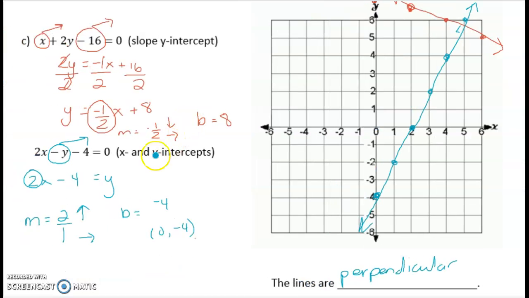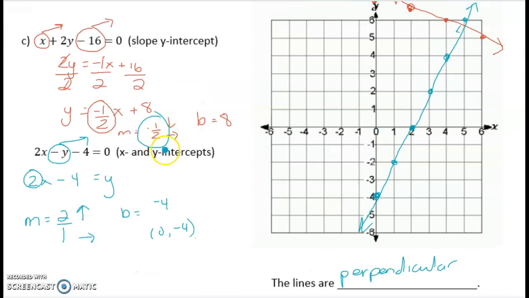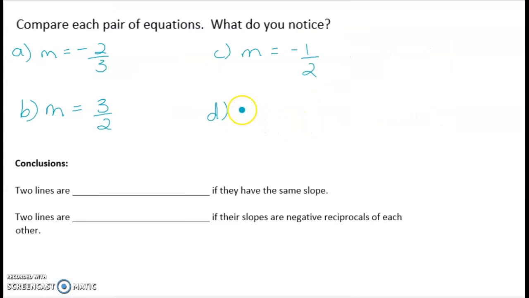Then let's look at C. C, my slope was negative 1/2. And D, my slope was positive 2 over 1. Positive 2 over 1. Okay, so when we look at these,